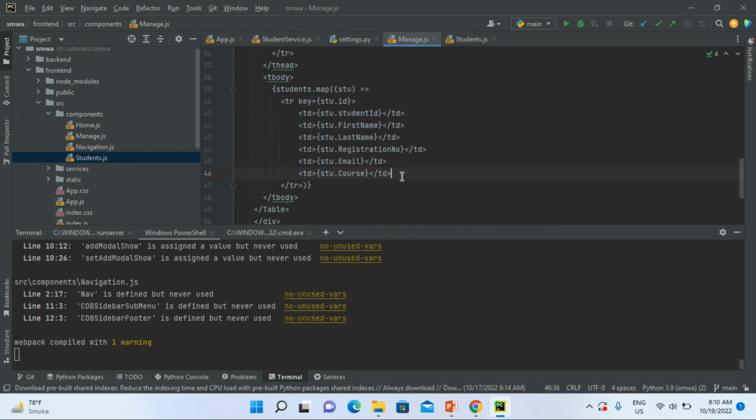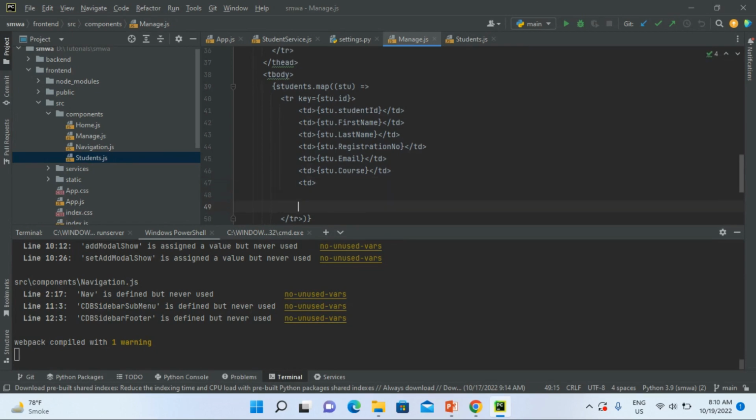Here I just want to add another column for actions, and here I am going to add a button, which I just imported from the React Bootstrap library, and set its class name to mr2. You can take these examples directly from the internet. So danger, and then